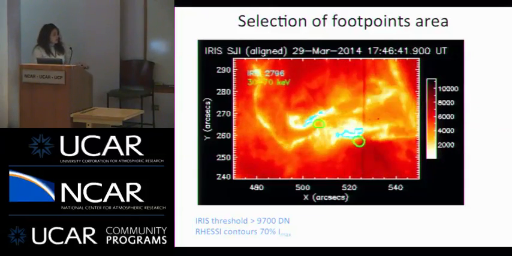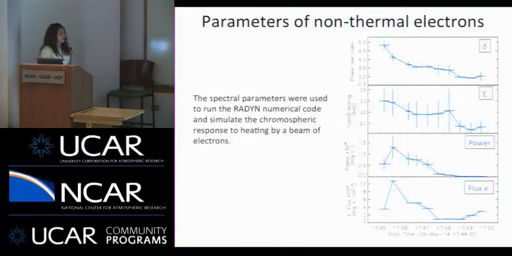So taking into account the area of the foot points, here we have how the parameters change in time for the non-thermal electrons. This is the power law, the spectral index, the cutoff energy, the power, and dividing the power by the area, this is the flux of the electrons. So taking all these three